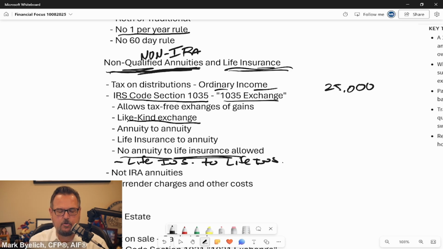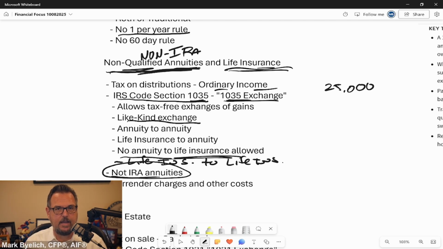So the benefit here is if there's a good reason to switch from an existing annuity you have to another annuity, then you don't have to worry about the tax because there is this Section 1035. And again, when you hear "1035 exchange," that allows you to do these transfers or exchanges without paying that tax immediately. This does not